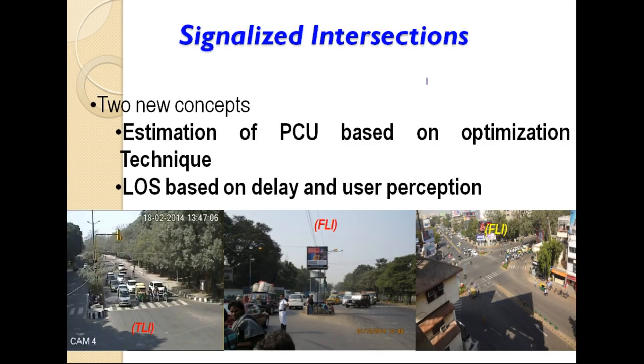The next chapter is signalized intersections, and here two new concepts are suggested. One, estimation of PCU based on optimization technique, and another one is LOS based on delay and user perception. Now here PCU is estimated based on optimization, and the basic concept is that departure at a stop line in terms of PCU should be constant in each cycle, and that is how it has